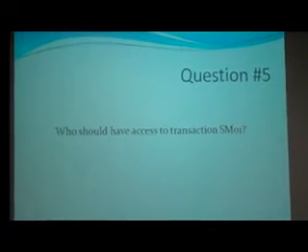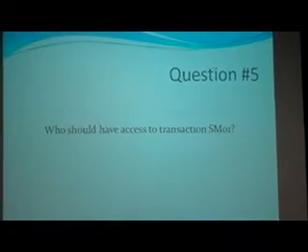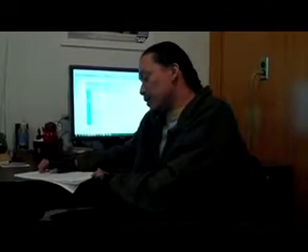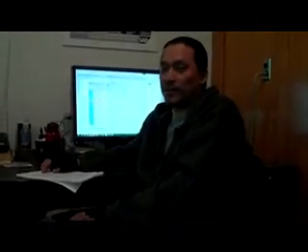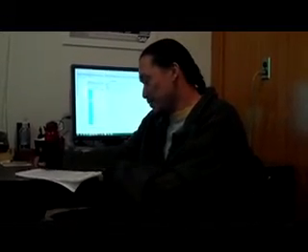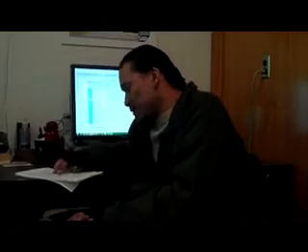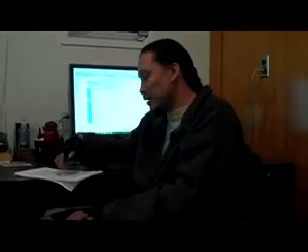Hi, my name is Megan, and question number 5 is, who should have access to transaction SM01? For the most part, we just have the super users have access to SM01, because we don't want anybody to lock transactions and then students are like, hey, this is locked, we can't perform our stuff. So just super users, and then in some cases we have some faculty that also have access. It's basically users that have the SAP_ALL